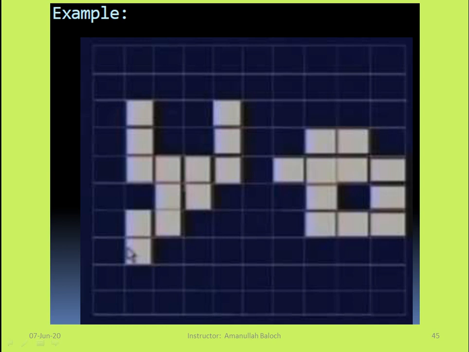Now we will see adjacency and connectivity. This is an image. You can see the grids of horizontal lines and vertical lines and the pixel positions, and we have to find that there are 2 regions. If the pixels of this region are connected with each other, and pixels of this region are also connected with each other, and there is no link between those 2 regions, then there are 2 connected components. This one is the first and this one is the second.